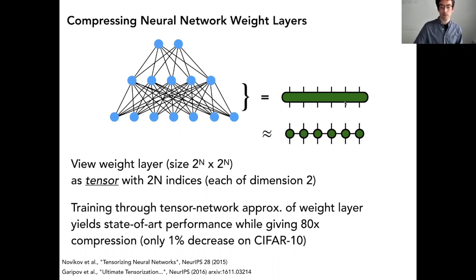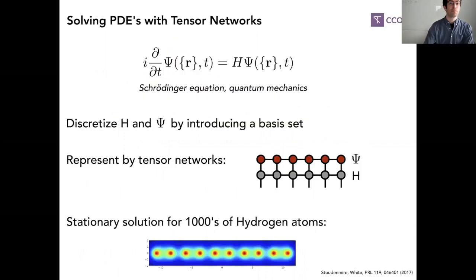So you don't actually work with this whole tensor. At the very beginning, you just start with this network, which is called an MPO network, and you just put that into the neural network. Then you make your backpropagation code go backprop through these tensors and train with that put in instead of a full weight layer. And people who've investigated this have found that they only lose a tiny bit of performance, but they get huge compressions, like 80x compression over using a dense weight layer. So that's a nice subject. These are not the only 2 papers on it, but there's been a few.